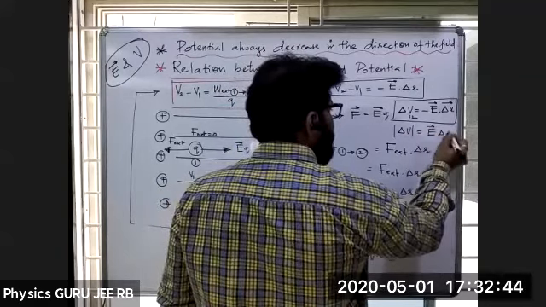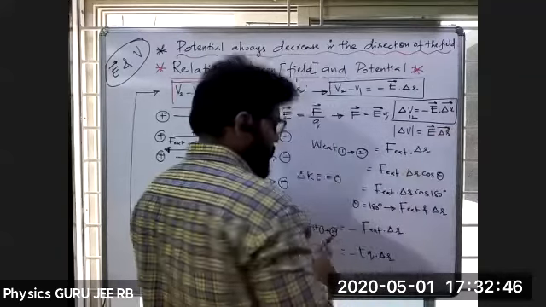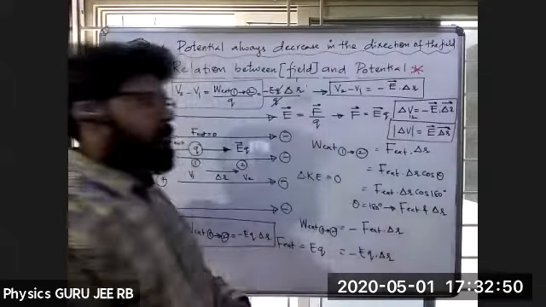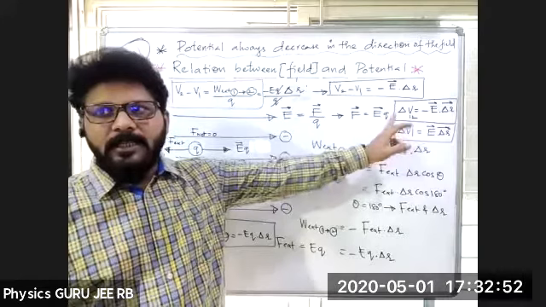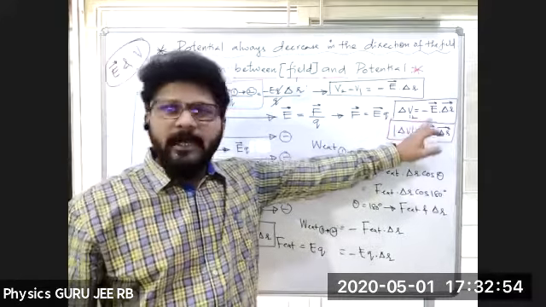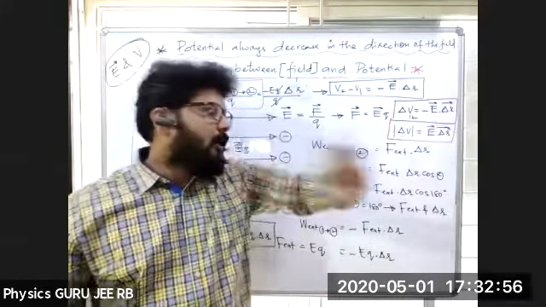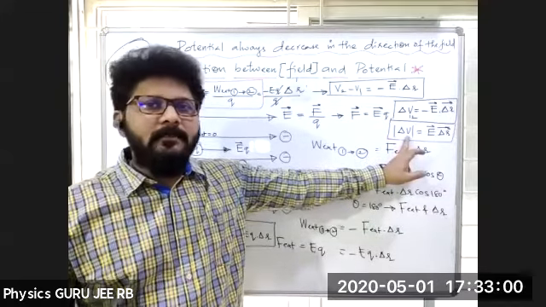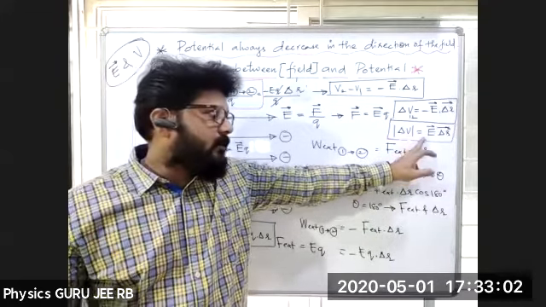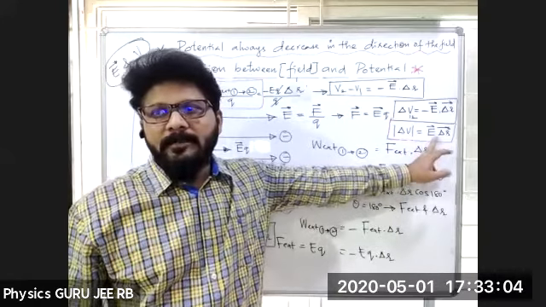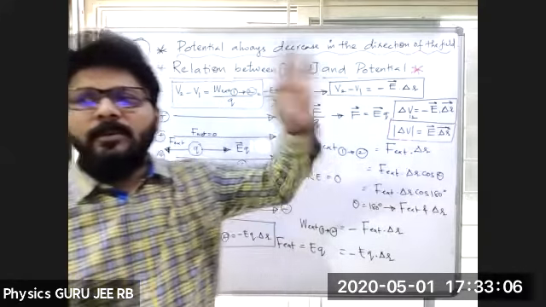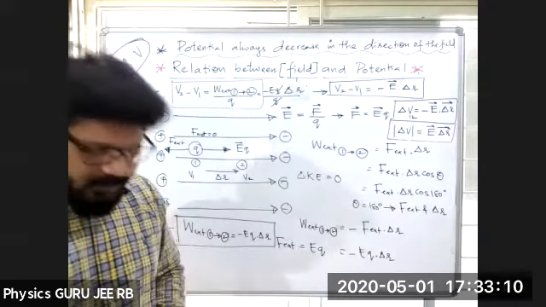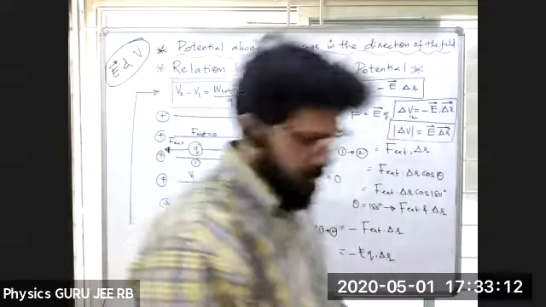Or simply we can write delta V magnitude as E into delta R. That's all. So these are the two formulas we have here. We can note them as: change in potential from 1 to 2 is equal to minus E into delta R. Or if you want only the magnitude of it, of course it is nothing but a scalar quantity, delta V is equal to E into delta R. Is it fine? Hope it is clear. If you have any doubts, let me know here.